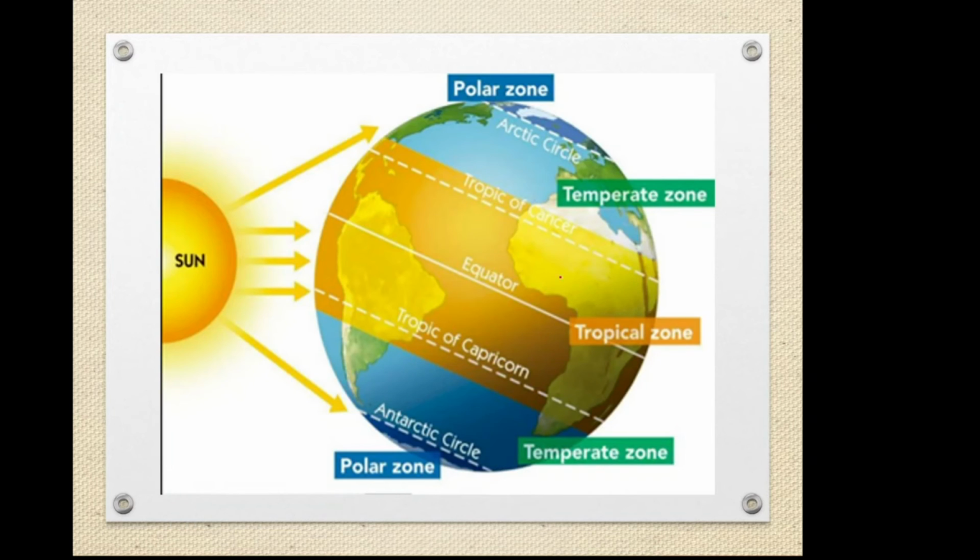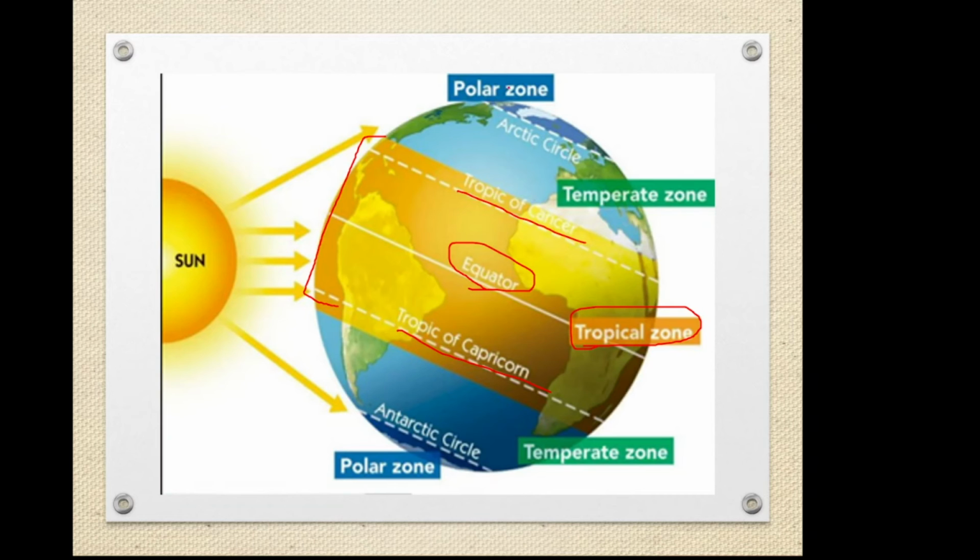Now from this diagram it will be more clear for you. You can see the location of the sun. The sun is located here. So you can see the center regions are getting maximum heat and light as it receives short and vertical rays. We studied the torrid zone. This is the torrid zone, or it is also known as what? Tropical zone. Then Tropic of Cancer and Tropic of Capricorn you can see. Then this is the equator, isn't it? So this region is getting maximum heat energy because the sun is located very close.